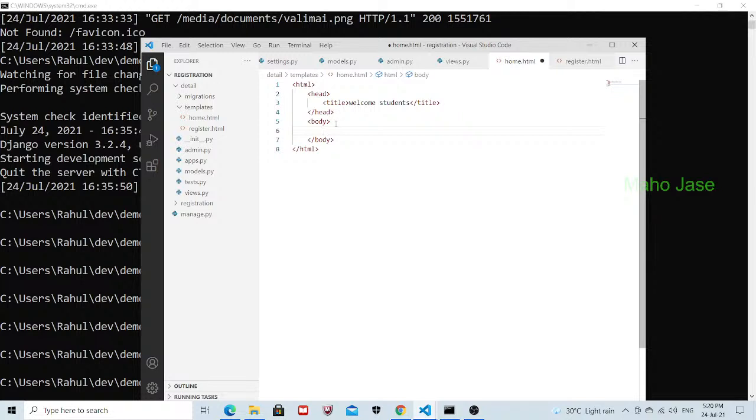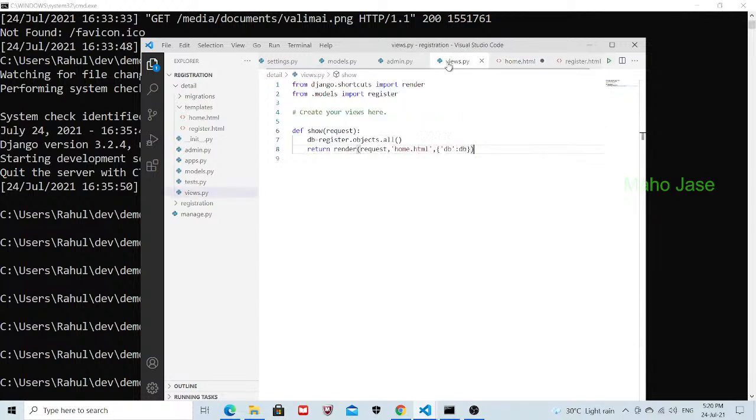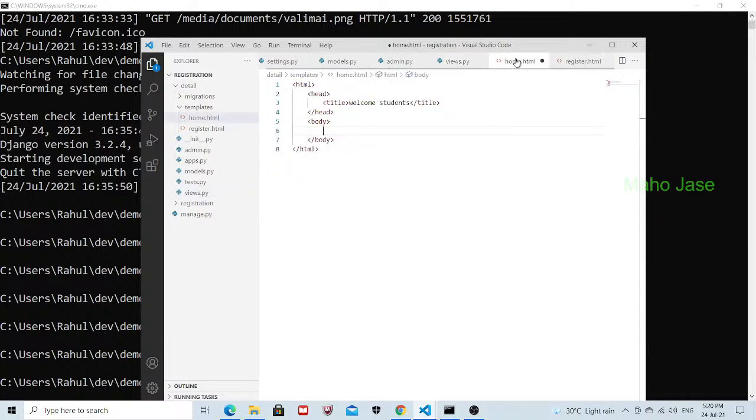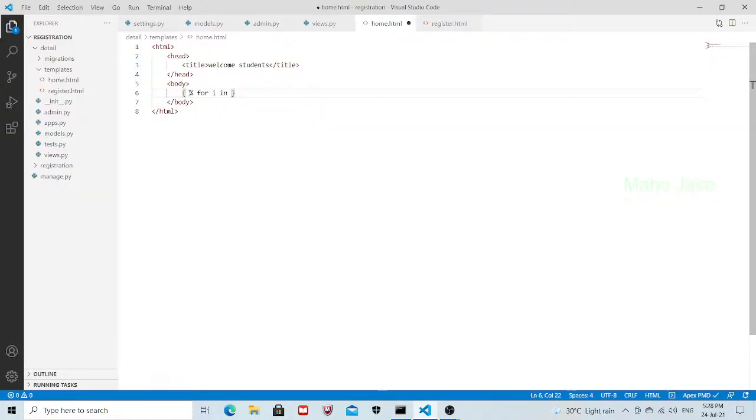So in order to see the details from the database, I have to retrieve the details. So I have done retrieving using the objects.all. What it does is it will retrieve the details from the database and put the details into this template. So we have created home.html. Now we are going to create a loop so that we could see the details in the show. So for i in,